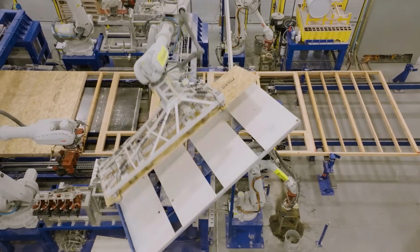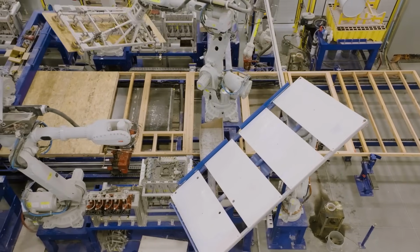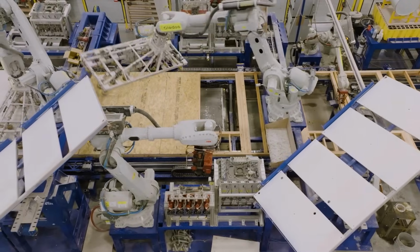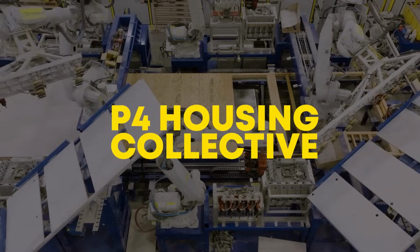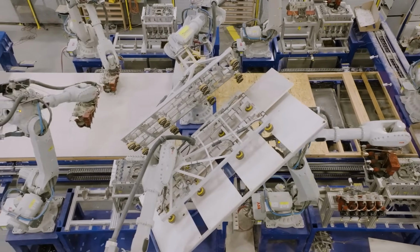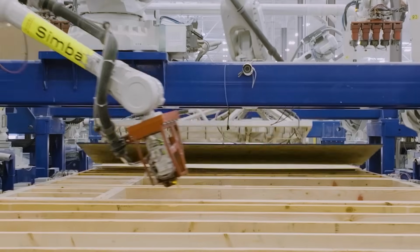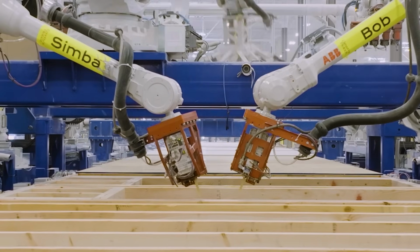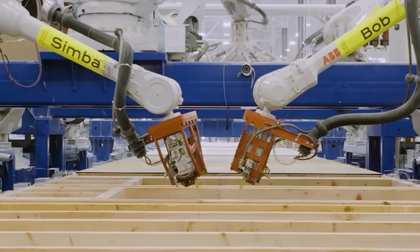Even though everything seems doom and gloom in the industry, there are a couple of companies working on innovative solutions to the housing crisis. One of them is the P4 Housing Collective in Idaho. This group was established by two co-founders of a unique automated construction factory. The huge success of this factory inspired them to form the collective to help develop more automated facilities using a